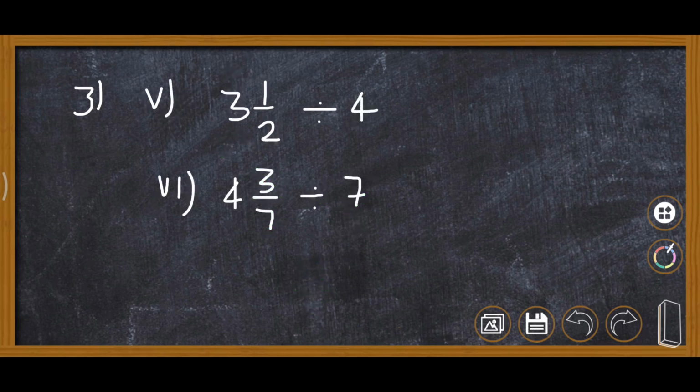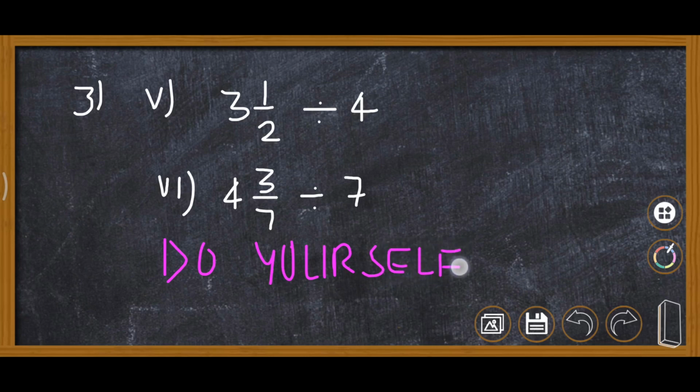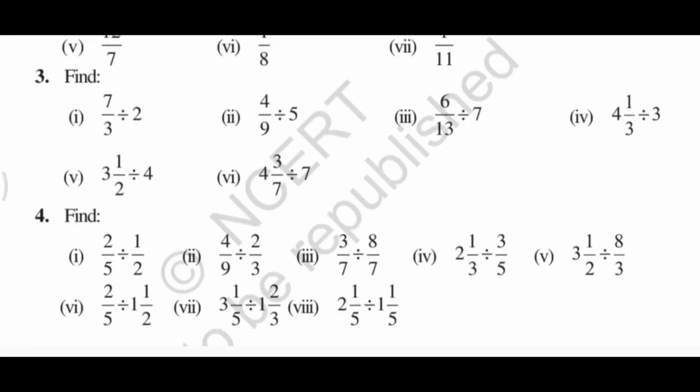Now you are able to do these types of questions. So this fifth part and sixth part do yourself. ये आप खुद करेंगे. According to question number 4th I have done. इसका जो भी 4th part किया था same. Now we are solving question number 4. In this 8 parts are there. Now we will solve one by one all. Now let us find out.